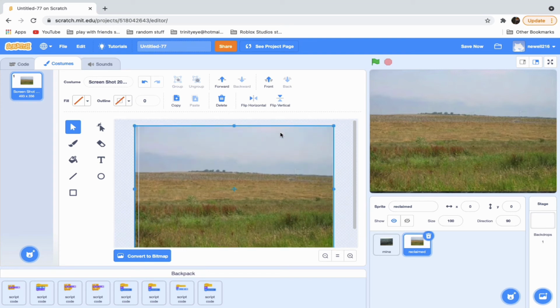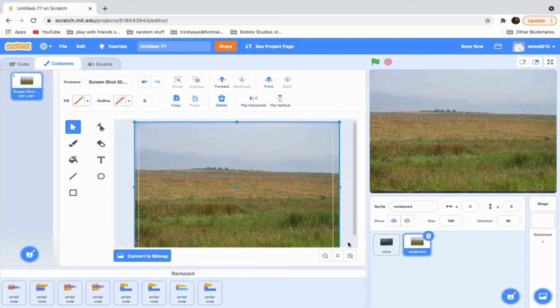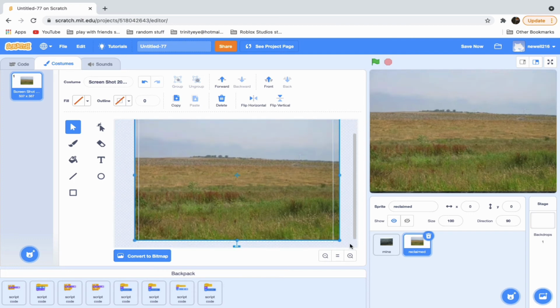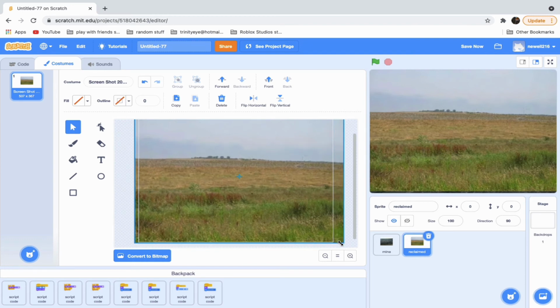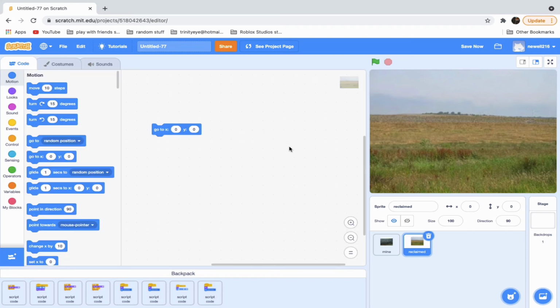Let's see here. I might just do a little more than I need to. It probably makes the image slightly less clear, but that's okay for my purposes. So now we have the reclaimed land image taking up the whole screen, and we need to send